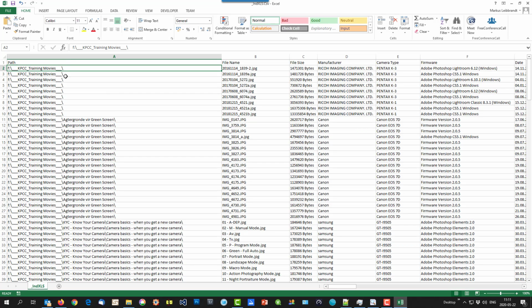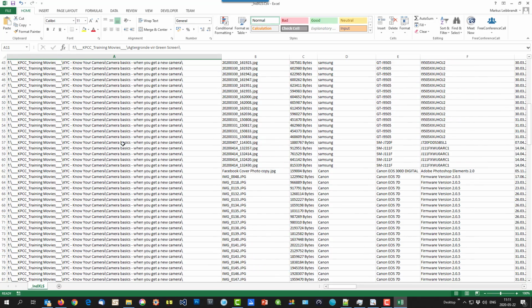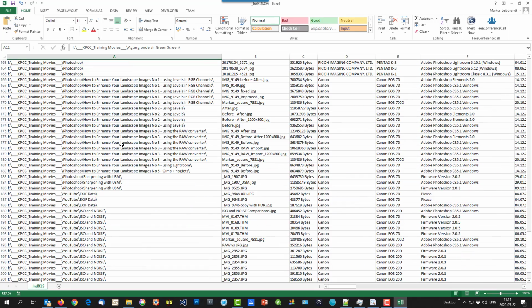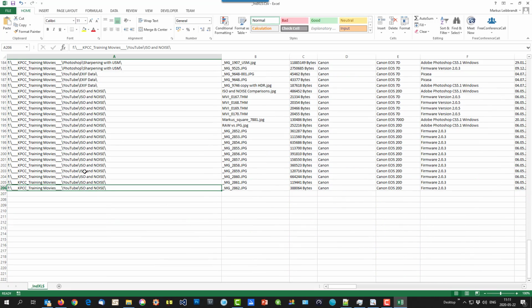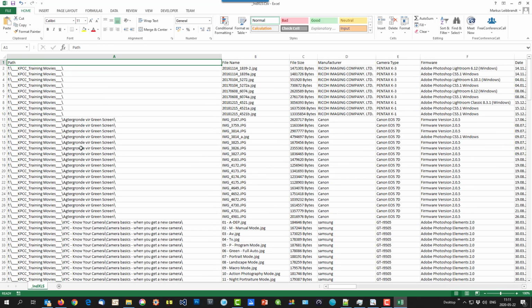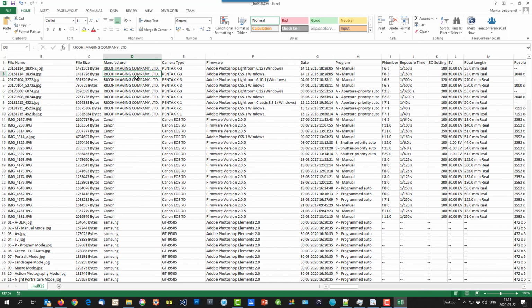And there you can see the directory where the file is. So that file is in that directory and all the subdirectories in between, as we've done. And as we've seen, we have done 205 files in total. From these files we can see the file name, file size, manufacturer, camera type, firmware versions, date and time stamps, in what program mode was the photograph shot, manual mode, aperture priority, shutter priority,